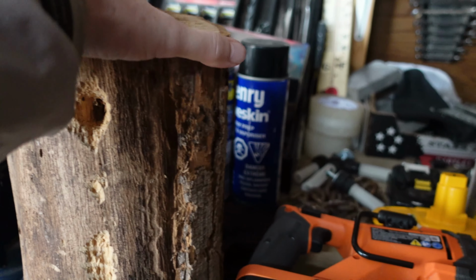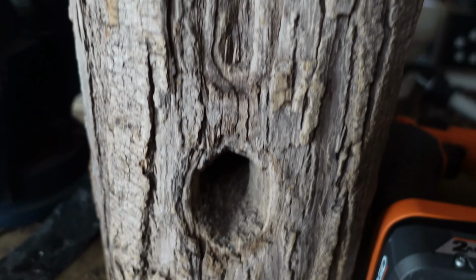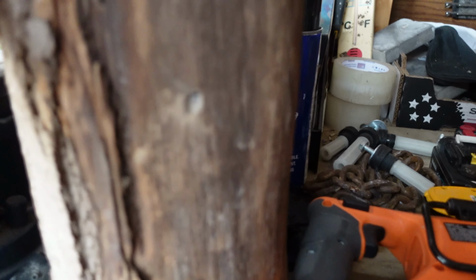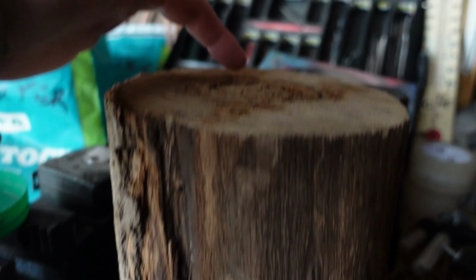Now another project I want to work on. Yes, I cut these. Actually, Chris cut these and I made him keep them. These are all woodpecker holes from a single tree in Ontario. So what I want him to do is cut this flat and the bottom flat, and then we're going to use